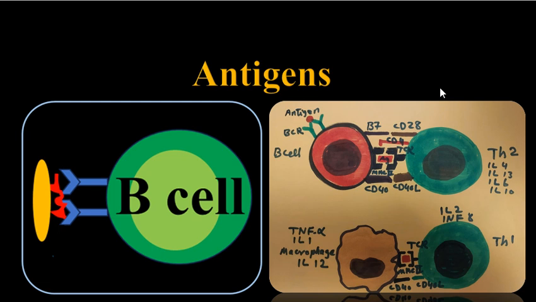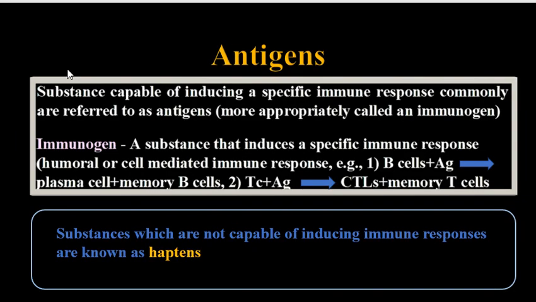In this video lecture, I will be talking on antigens. An antigen is a substance that is capable of inducing a specific immune response, commonly referred to as antigens, more appropriately called an immunogen. So, an immunogen is a substance that induces a specific immune response,